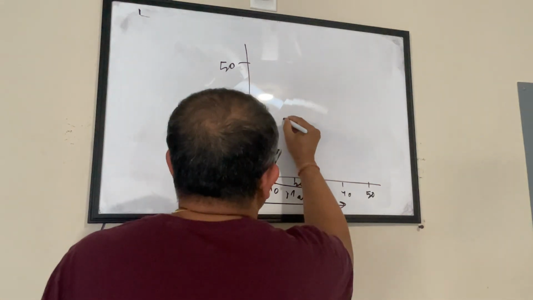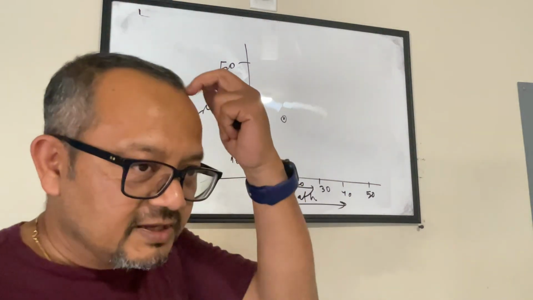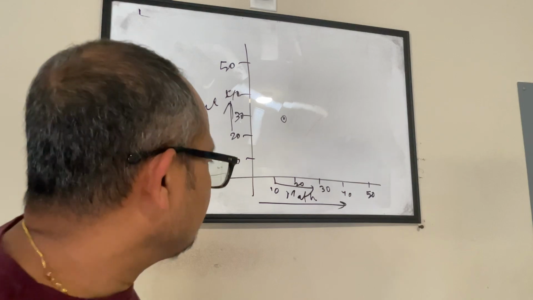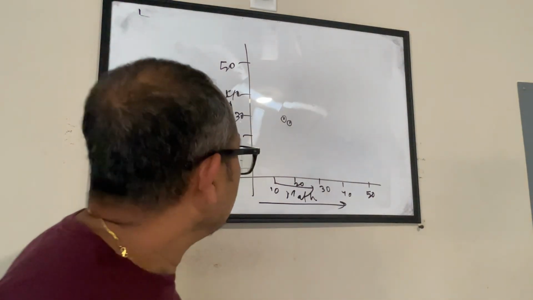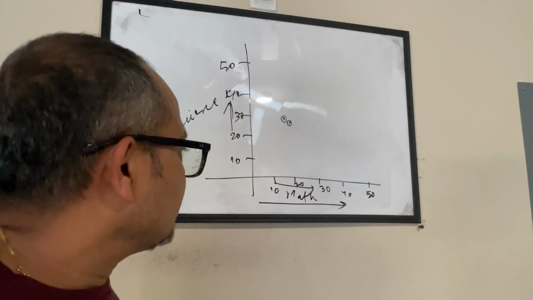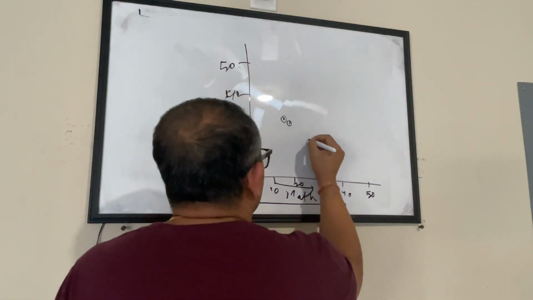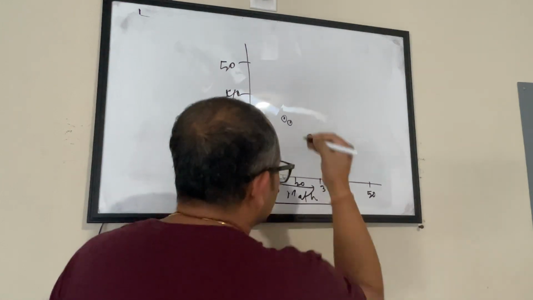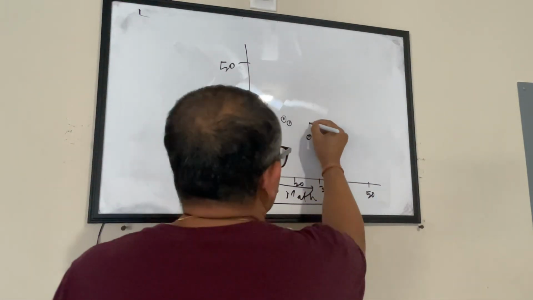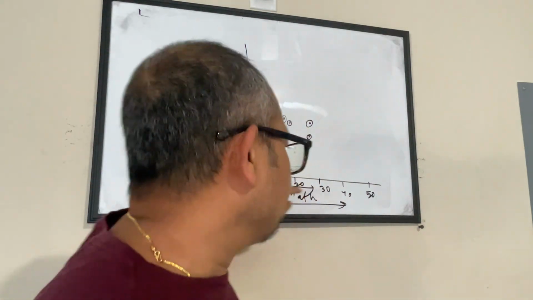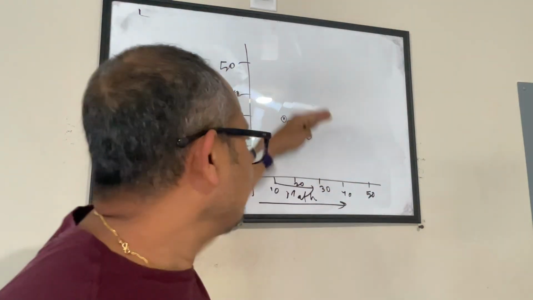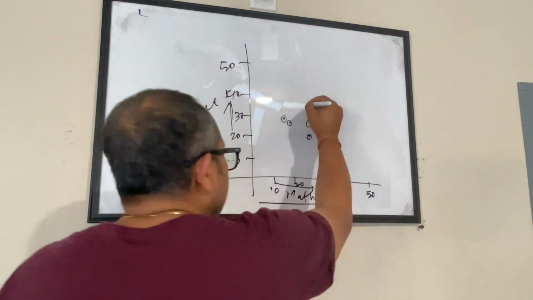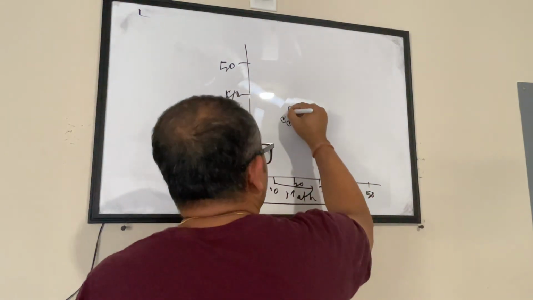So this represents the first child. Another child got 22 in math and 28 in science. This becomes my second. The third child got 30 in math but 20 in science. So this is the third one. Similarly, if we plot every child's math and science score on a two-dimensional coordinate plane,